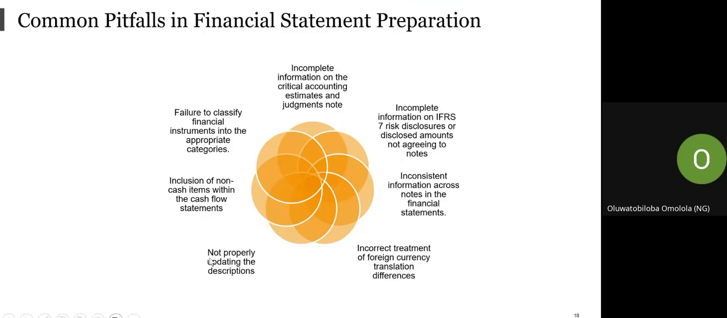not properly updating the description of items in the financial statement, because the objective of your financial statement is that anybody should be able to understand it. So if there are items that are not properly disclosed or described, it might be problematic for you. So with this,